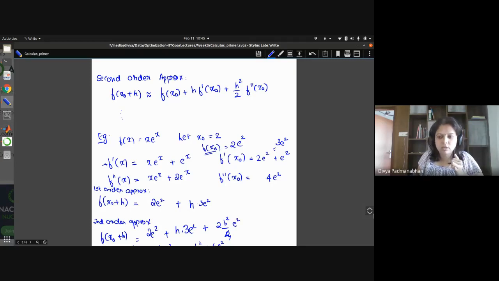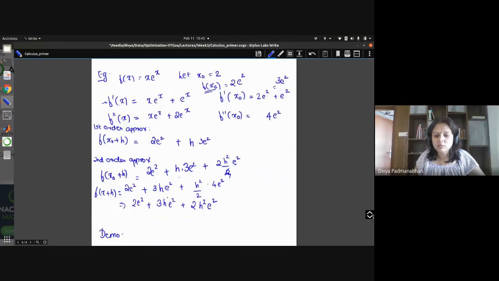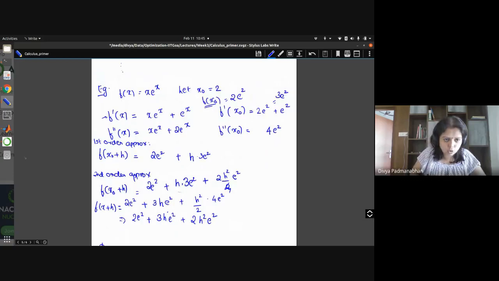Yes. Okay, so you can see x naught is a fixed quantity and h is the thing that changes, right? h varies. So at this point you're going to get a quadratic term. So you have an h and an h square. Okay, so yeah. So I'll just show you, just to give you a sense of what these functions are